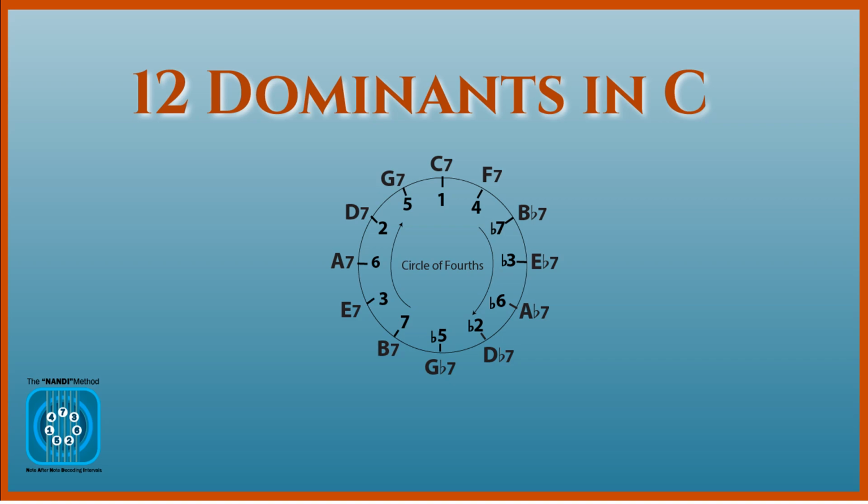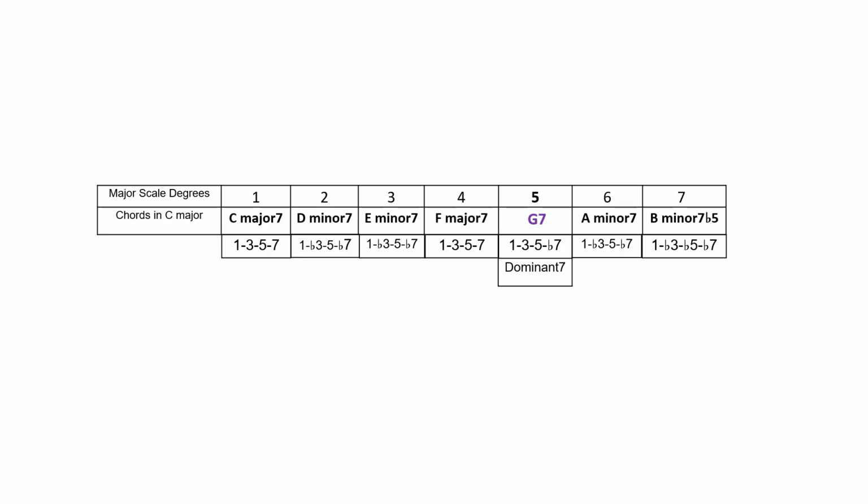In this lesson, you'll learn how to identify the 12 dominants in any scale, using the circle of fourths. The C major scale has 7 chords, 1 for each note. G7, the primary dominant, is built on the 5th scale degree, and is the only naturally occurring dominant 7th chord